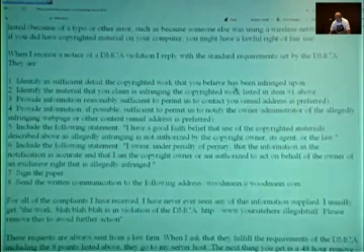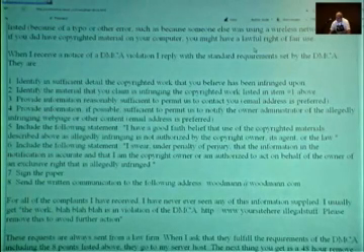Here are the rules as set forth by the DMCA when sending a notice of infringement. You've got to sufficiently detail the copyrighted work, identify the material within the work, provide information reasonably sufficient to permit us to contact you, provide the information to permit us to locate the allegedly infringing website and other content, including the following statement: I have a good faith belief that use of the copyrighted material is infringing.